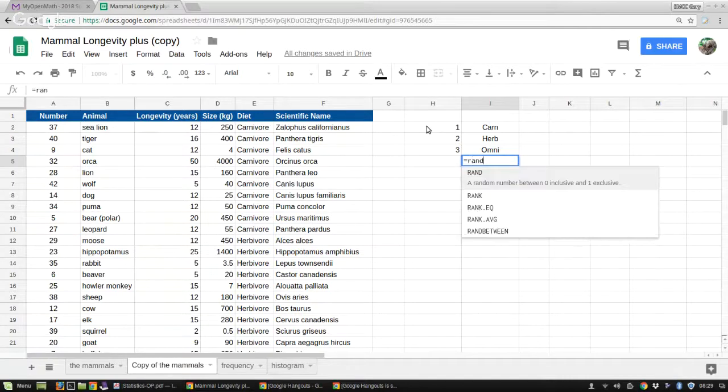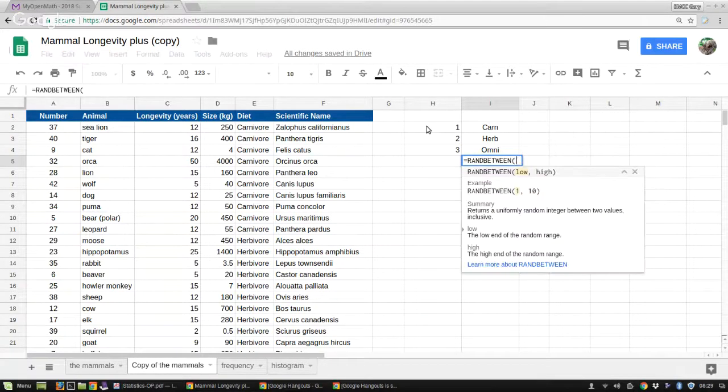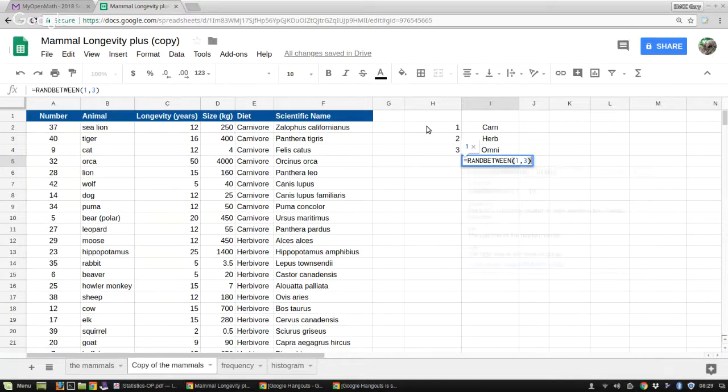So RANDBETWEEN 1 and 3, and that says number 3. So again, what I'm working on here is a clustered sample. I would grab all of the omnivores, and that would be my random sample. Other ways I might do that,